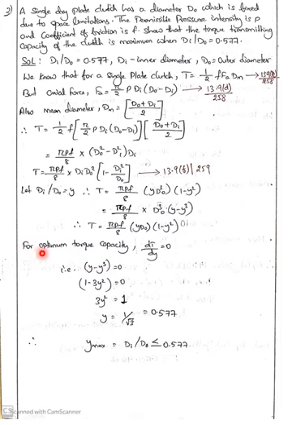For optimum torque capacity, I repeat, for optimum torque capacity, we should differentiate the torque with respect to y. If you differentiate with respect to y, these things remain constant and it will go to 0. So the only value left is y. You take y common, set it equal to 0, and 3y squared is equal to 1. So y is equal to 1 by root 3. 1 by root 3 is nothing but 0.577.